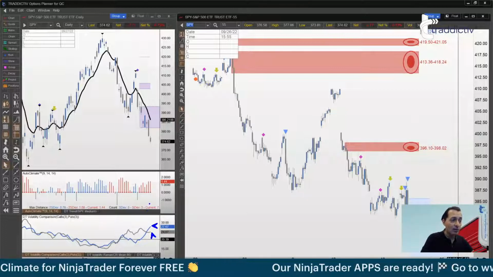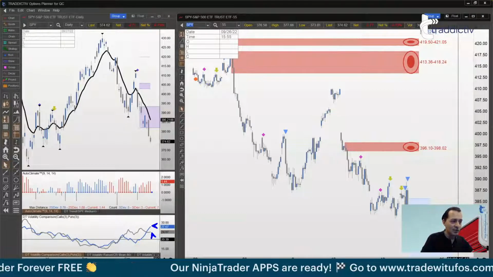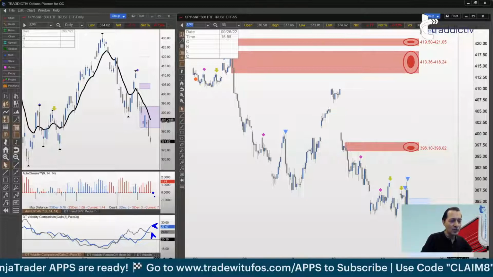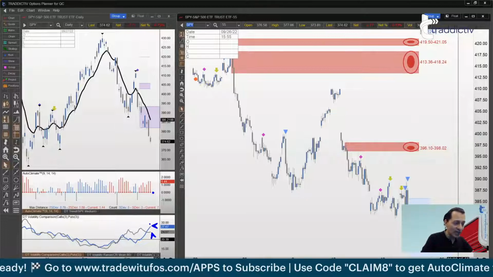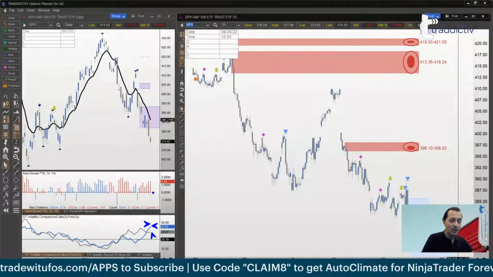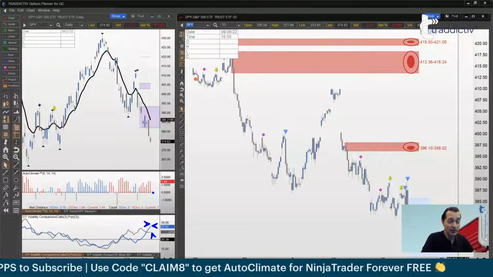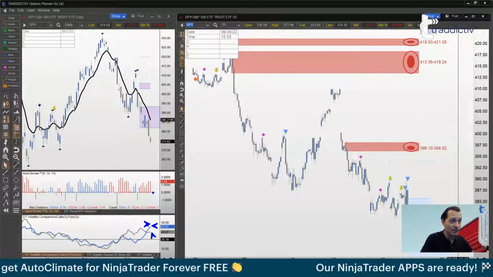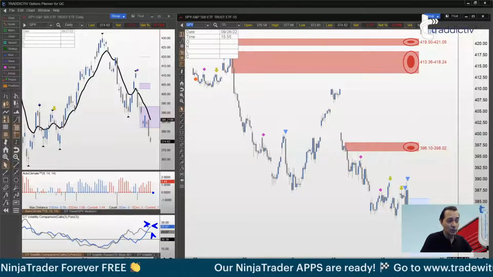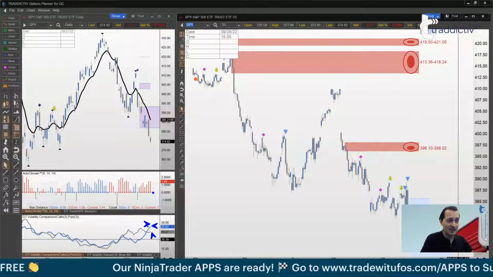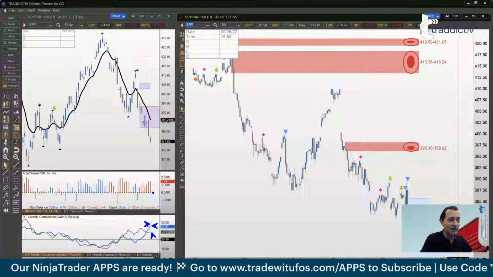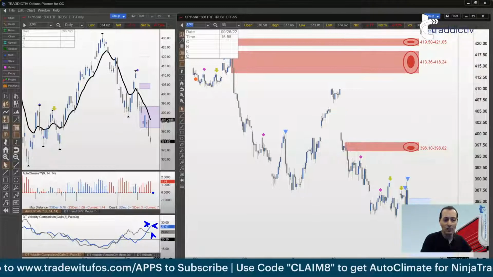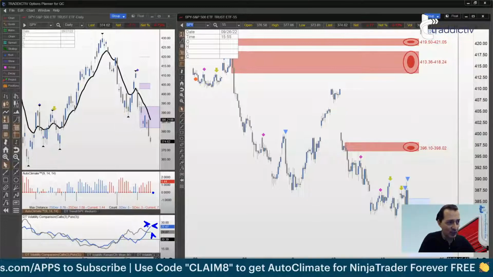So the smart move here is to wait for a change of climate that would be identified with a blue dot. Once we get a blue dot on the climate, knowing that we got buyers in the market, my suggestion from a trading plan point of view, not because I have a crystal ball but because I follow the rules of my plan, would be to be happy to be aggressively long, find good bullish opportunities and have no problem going long. That's what I mean by aggressively long.